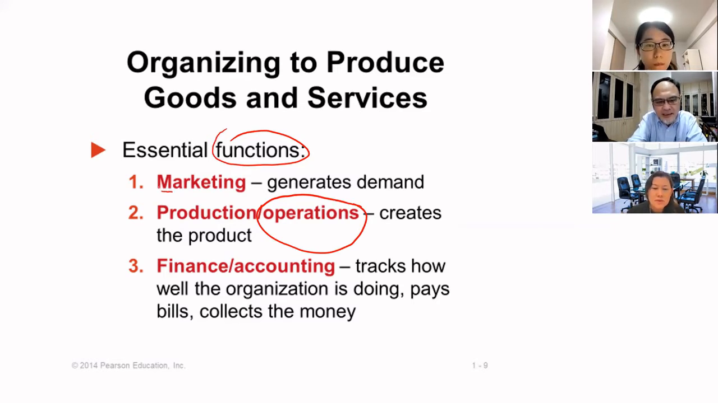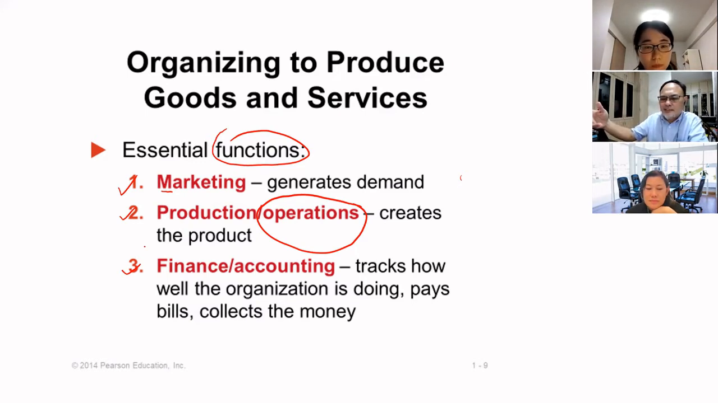Marketing, operations or production. Three main functions, it's basic, right? And take care of finance. So if I start a company, I need marketing, to do all the advertisement,